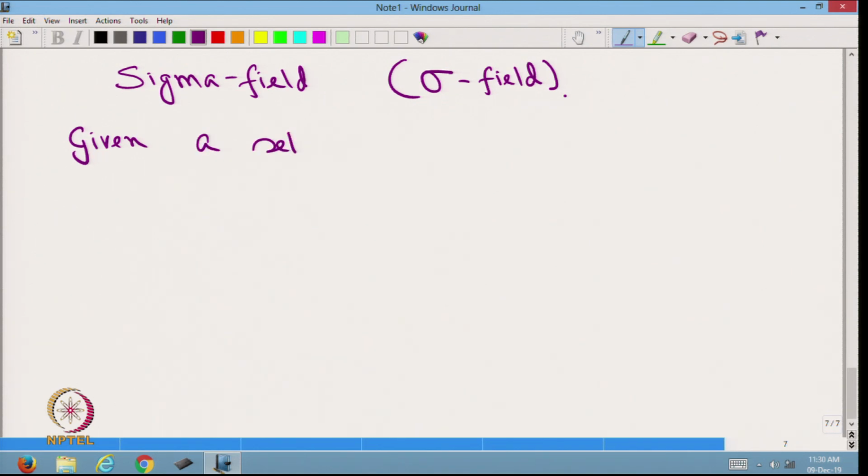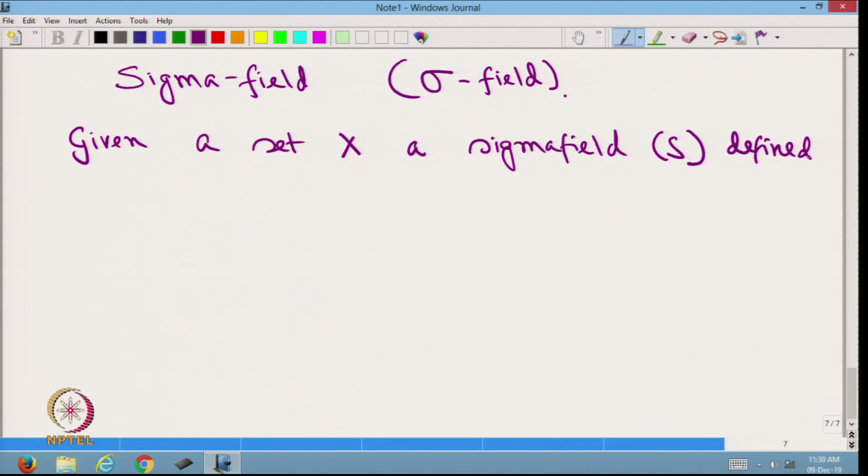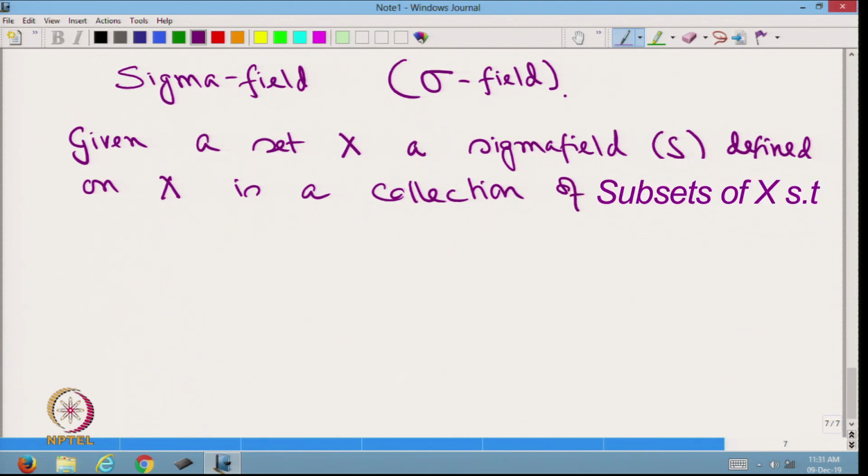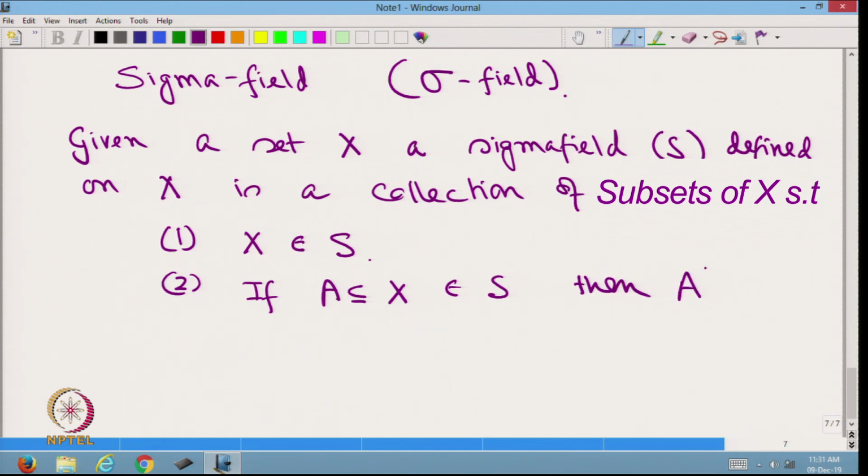Given a set X, a sigma field, let us call it S, defined on X is a collection of subsets of X such that, one, X belongs to S; two, if A contained in X belongs to S, then A complement belongs to S; and three,